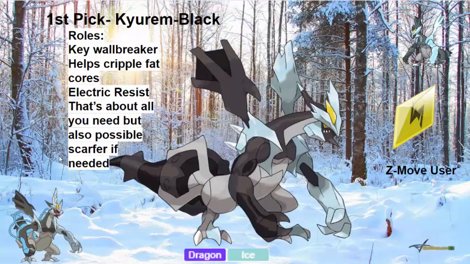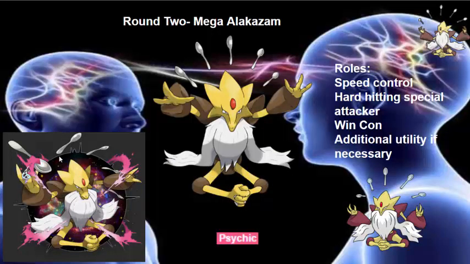So I was thinking between Mega Lopunny and Mega Alakazam, because they both provide the speed that Kyurem Black misses out on, right? 95 speed, not the greatest. Lopunny got taken, so I chose Mega Alakazam. And Mega Alakazam is a really fast Pokemon, which Kyurem Black isn't, obviously, so it gives you that speed